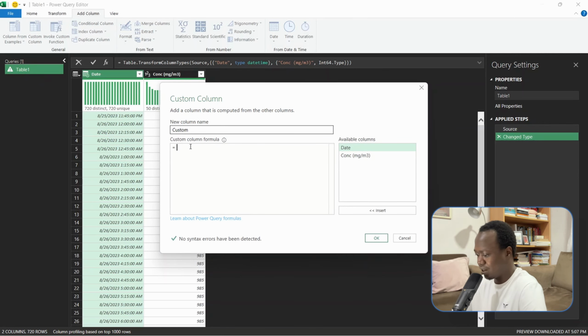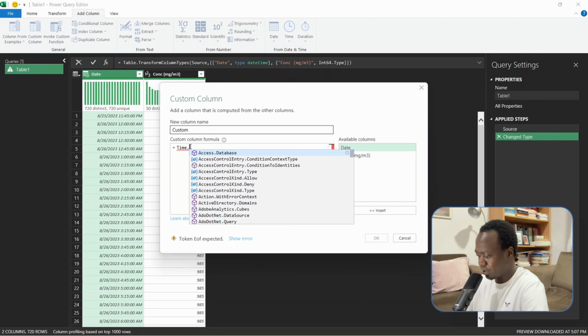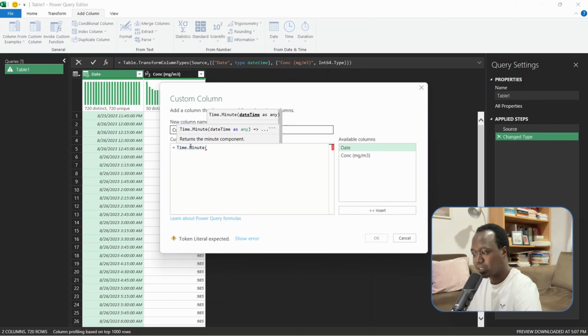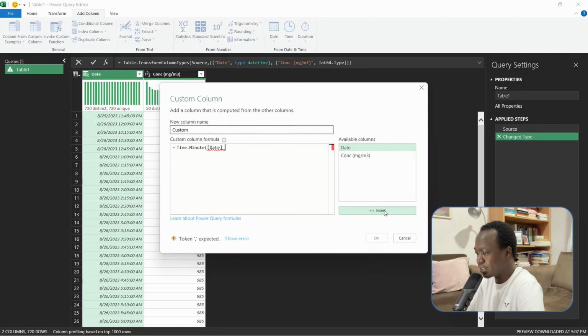We shall use Time.Minute. Now you need to be a little bit careful when you're using these functions in Power Query, which are already inbuilt. They are case sensitive. So if it is a capital letter, it should be a capital letter. If it's a small letter, it should be a small letter. We are going to extract our minutes from our date column, because the date column is the one housing the time. Okay, so if I click OK,